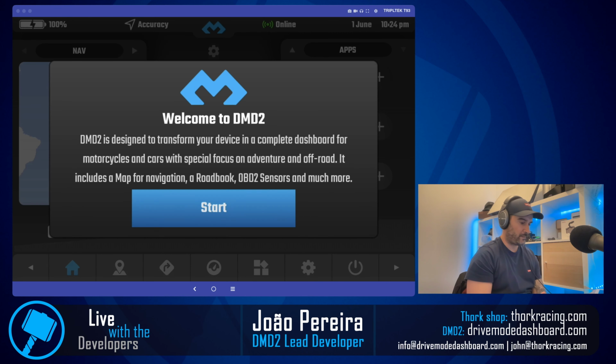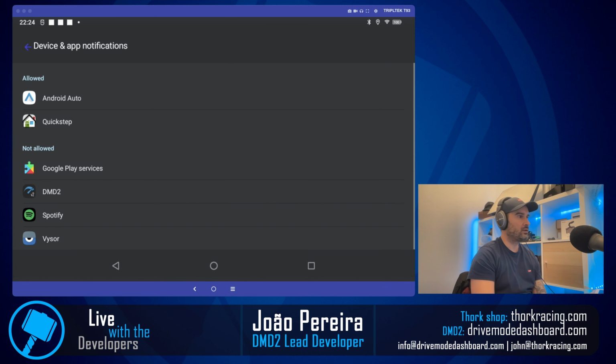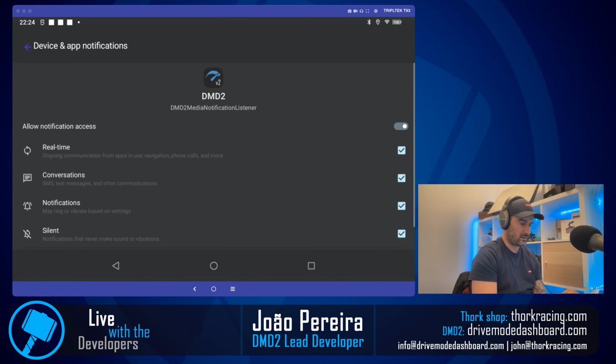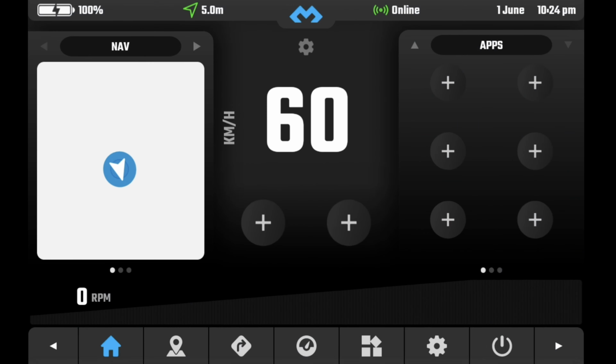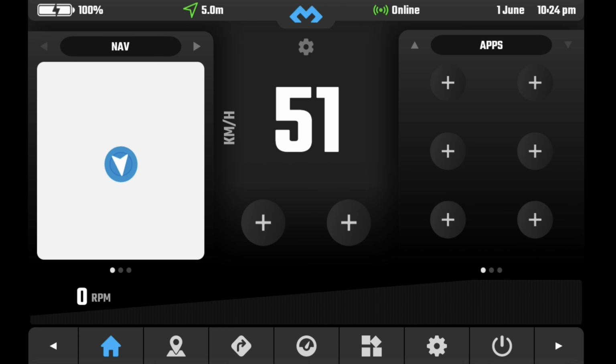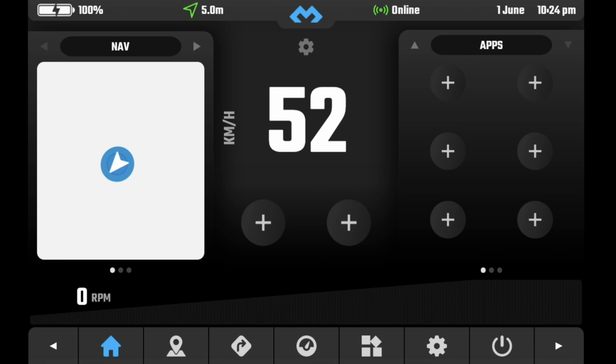And usually on a new install like this one, the first thing that you need to do is provide DMD2 with the required permissions. Let me just put this in full screen. Okay, you can actually see on the left panel that my location is moving. That's just because I'm simulating a route in the background